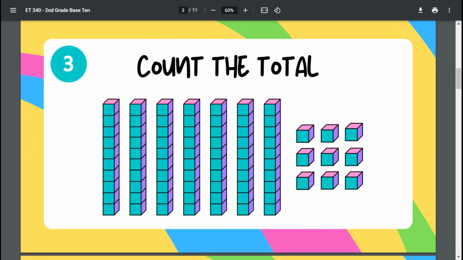For this one, you can count your 10s. So you have 10, 20, 30, 40, 50, 60, 70. 70 total worth of your 10s. And then you have 1, 2, 3, 4, 5, 6, 7, 8, 9 ones. So you have 79